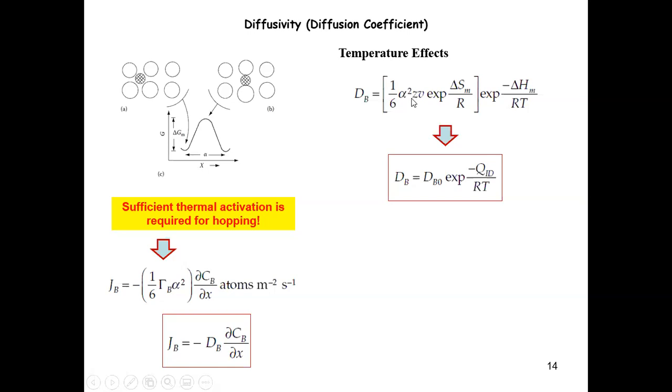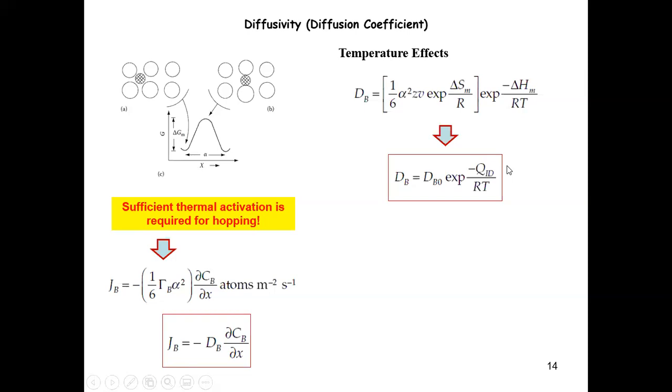And Z is from the hopping rate. This is the number of available interstitial sites. V is the vibration frequency, and this comes from the contribution of the entropy part rather than the Boltzmann factor. So the temperature part cancels out, and this becomes a temperature independent constant. Altogether, this contributes to the temperature independent constant in the diffusivity, and then you have this part which depends on temperature. Now, this decomposition is particularly useful, and that Q is essentially this delta H_M, the difference of enthalpy or interaction energy